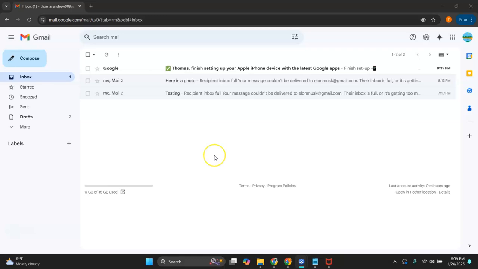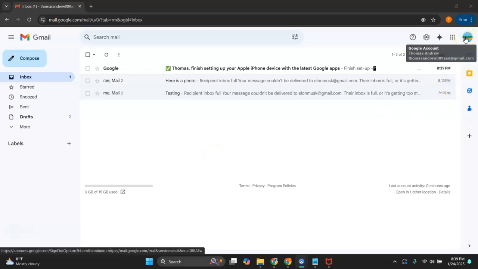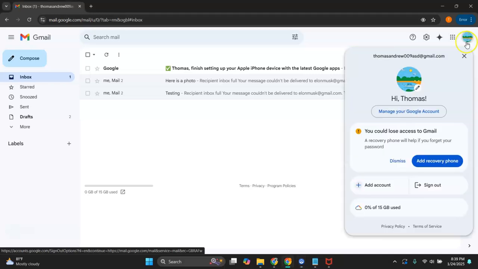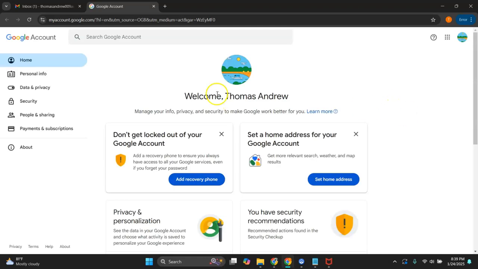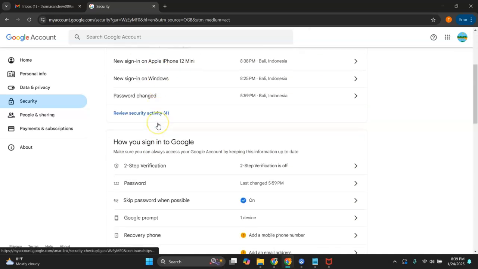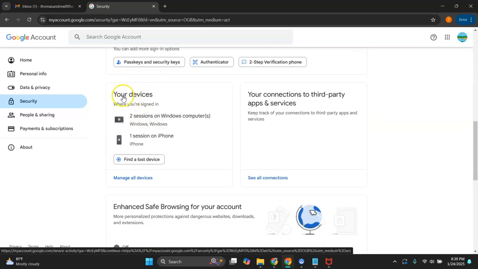Google account. First of all, click on the profile picture in the up right corner. Click on manage your account. Go to security. Scroll a bit to your devices. Click on manage all devices